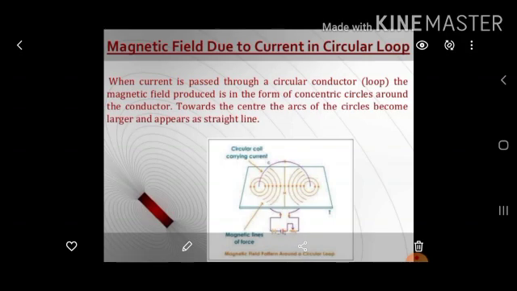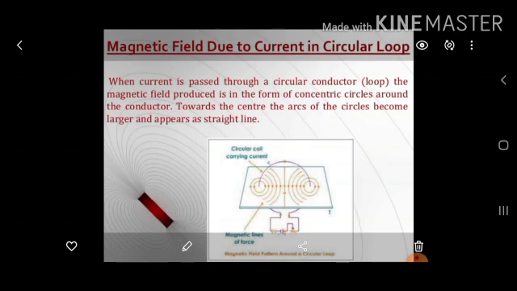By applying the right hand thumb rule, we can easily check that every section of the wire contributes to the magnetic field lines in the same direction within the loop. So, if there is a circular coil having n turns, the field produced is n times as large as that produced by a single turn. Suppose for 2 turns the field is, for example, x. If you multiply the turns by 2, that is 4 turns, then the field will also be doubled.